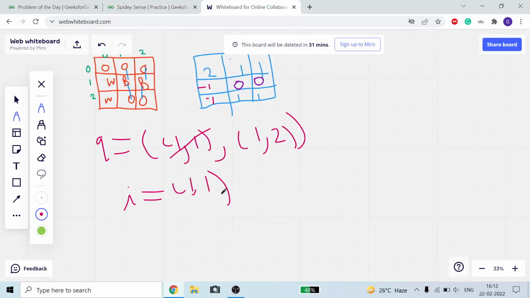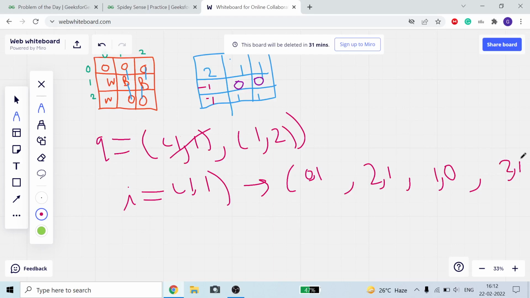Here you can see from 1 1 we can go to 0 comma 1, we can go to 2 comma 1, and from here we can go to 1 comma 0 and 2 comma 1.